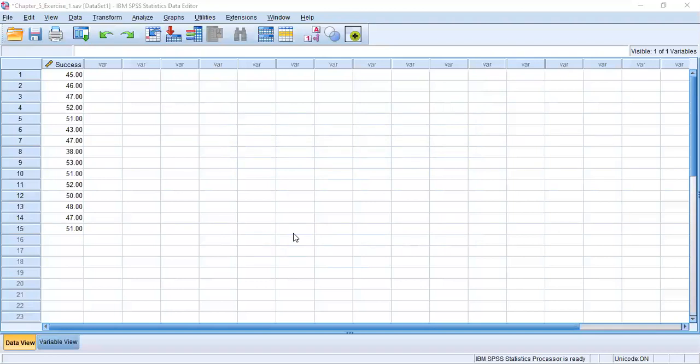Now we are getting the answer, and this is what the answer is. Success rate of prognosticators: we've got 15 persons there, and the mean is 48.0667. Standard deviation is 4.04381. Now one thing we know, there's not much of a difference between the population mean and the sample mean. So 48 is the sample mean, about 50 is the population mean, not much of a difference.